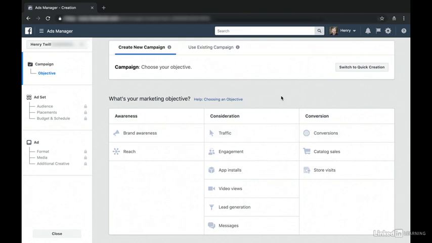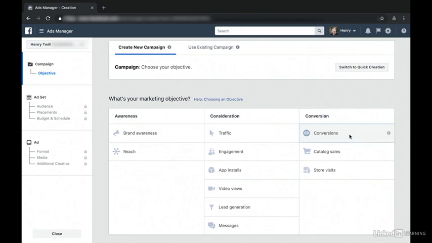I do recommend getting started with the conversions option. With this objective, Facebook is going to make sure it gets people to take actions on your website, app, or messenger, and that's really valuable to a business. You will set up what your action is in the campaign, and Facebook will measure how successful the ad was in achieving it. How that is measured is through the Facebook Pixel, and that's a piece of code that you install in your website. Basically, it tracks your website visitors and the actions they take.